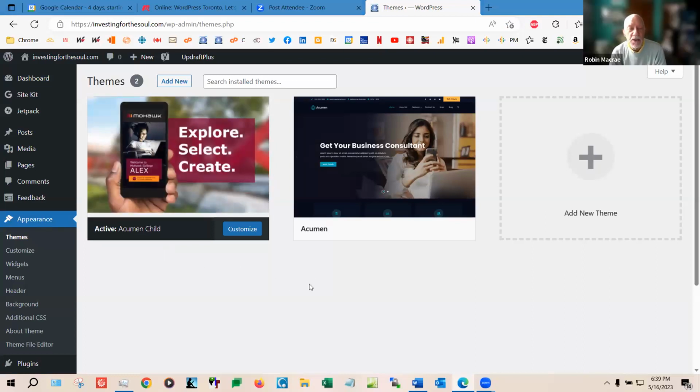Now, do you understand why it's called a child theme? As I understand it, the regular themes are subject to regular updates, and you want to customize it somewhat. Right. That's good to know.